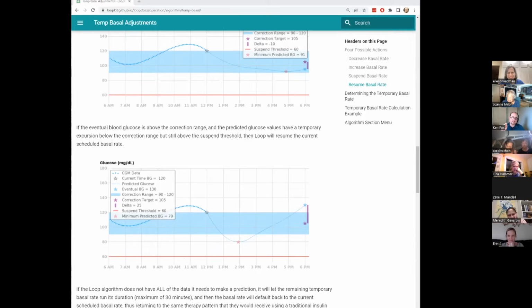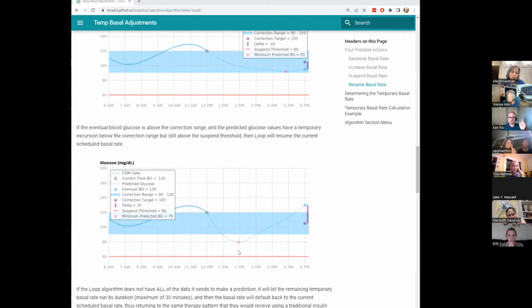If you were to push the bolus button, you would actually see a recommended bolus to bring your eventual blood sugar closer to this target range. Now, I'm not going to dive into this too deep, but the recommended bolus would be enough to bring you down to range, unless the red star here would put you below suspend. So Loop will recommend as much insulin as it can that still keeps you above suspend